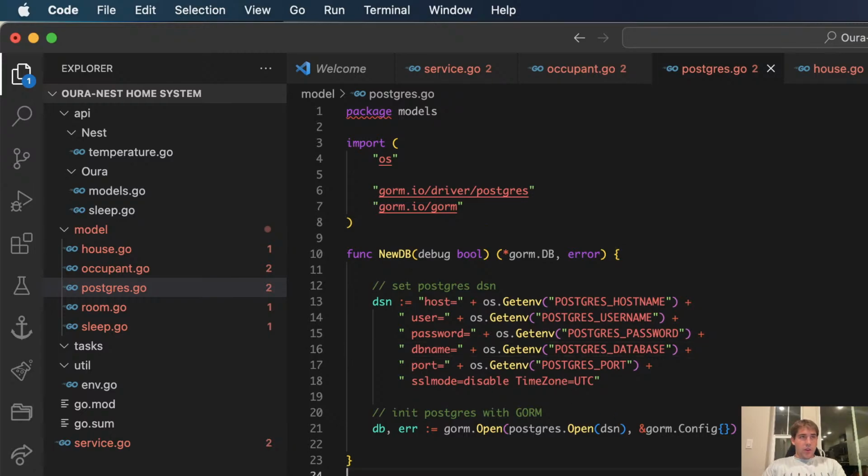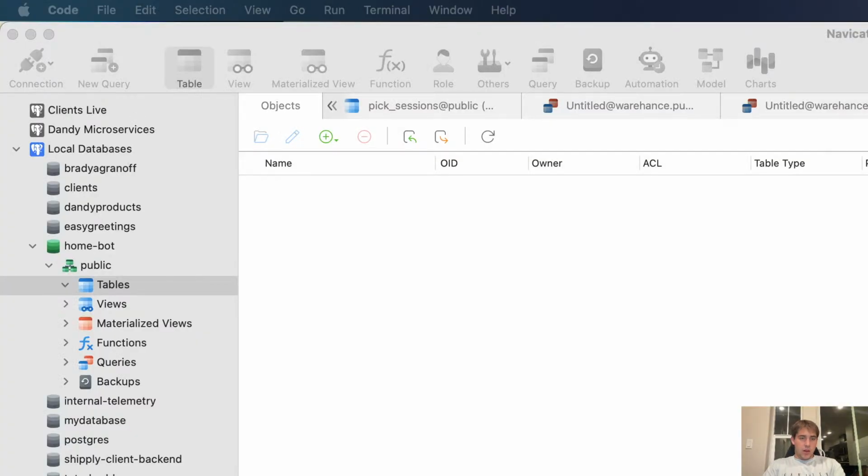I'm going to set up my env over in my file here with my Postgres stuff. So the username is going to be homebot.